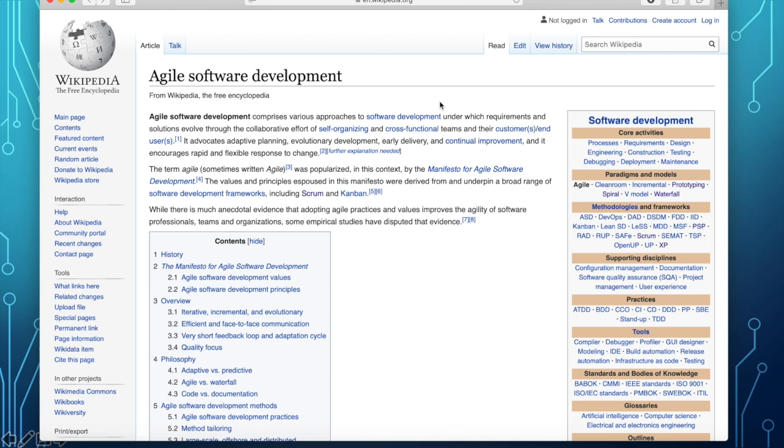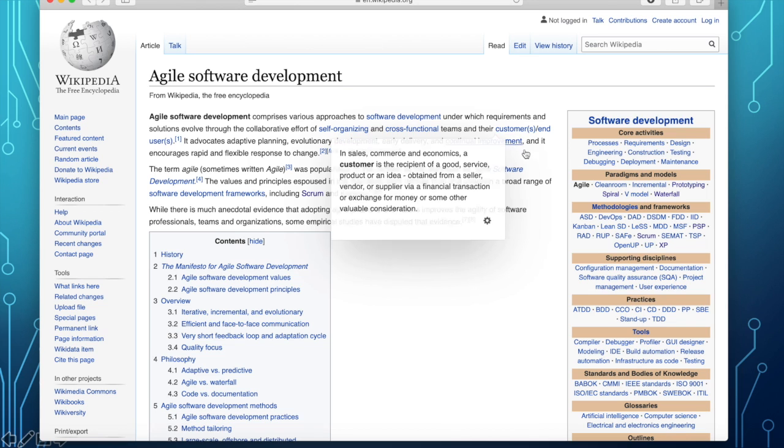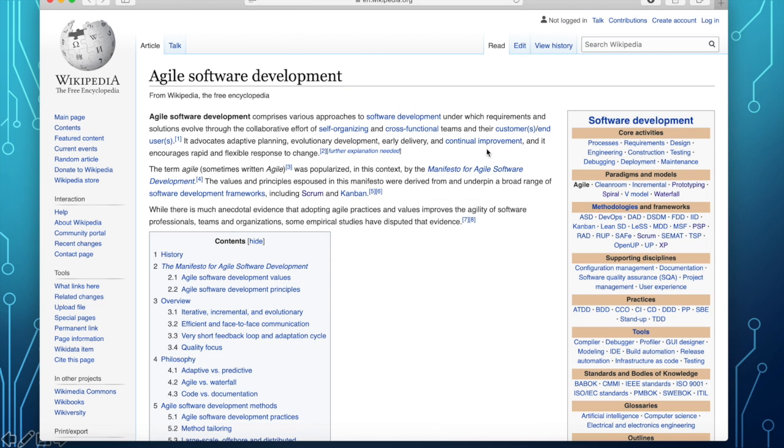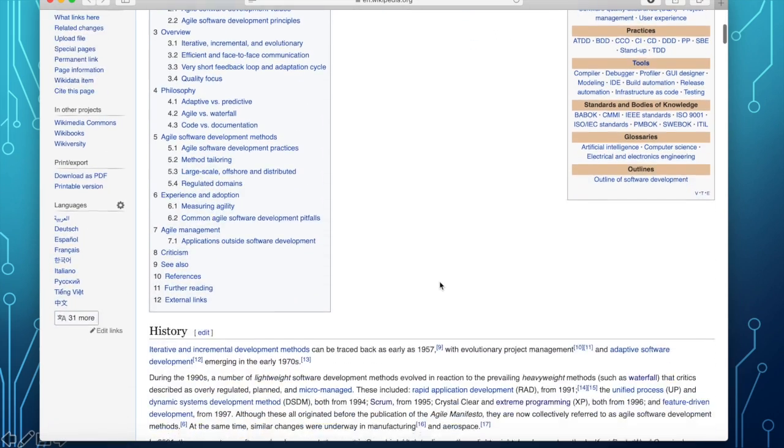Cross-functional means every member can actually perform various functions. And the client and the teams are collaborating very closely. So it's very important that you always involve the client in your development, and always ask if what you are doing is correct, or according to his requirements.